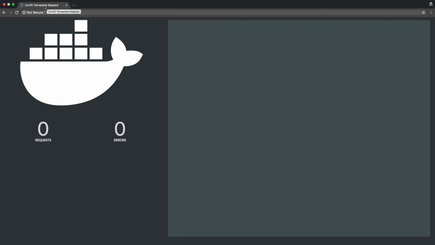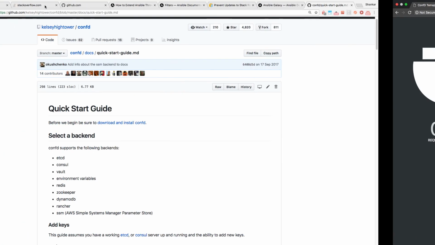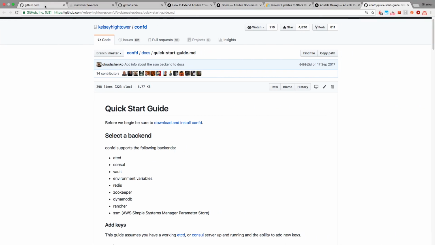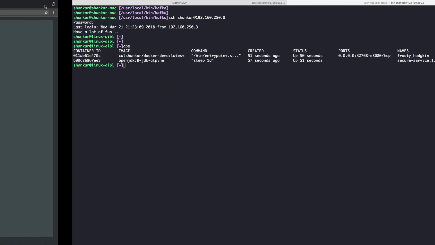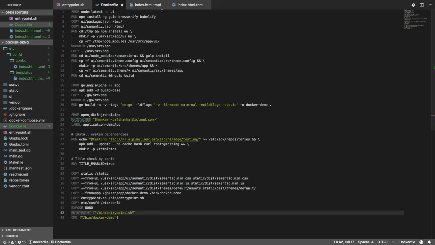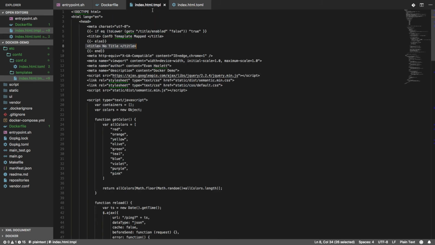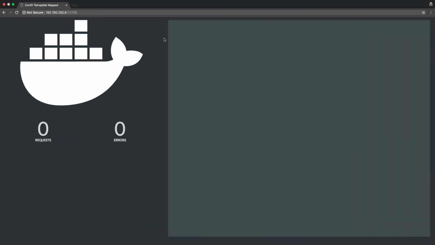So this is the title that we had mapped in our template. If you recall, let me go there. Yeah, right here. So this is the title that we are seeing on this page here. So this is getting swapped at runtime. That's the magic that Confd ensures, which basically